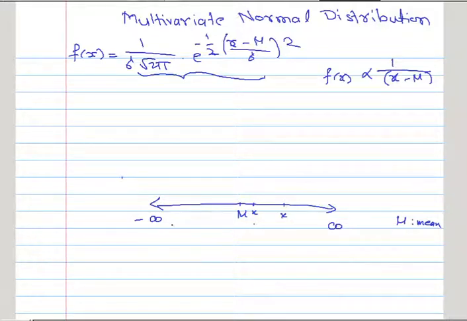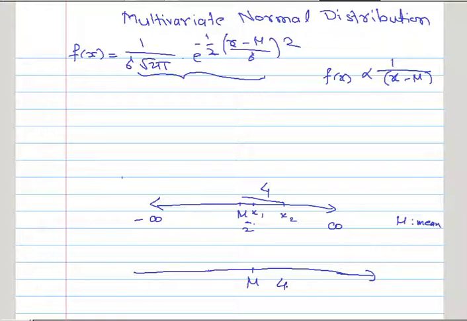But for this setup, suppose this distance is 2 and that distance is 4. Naturally, suppose this one is x1 and this one is x2, so x2 is quite away from mu compared to x1. But in some other situations, suppose the scaling is quite different, and in that case this distance of 4 may be small compared to the other distances.